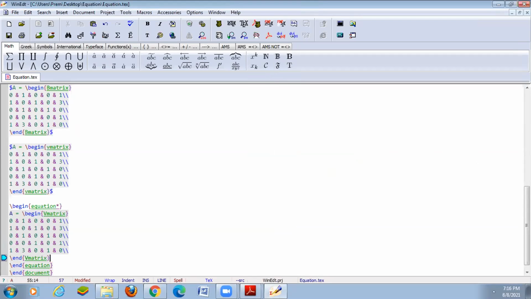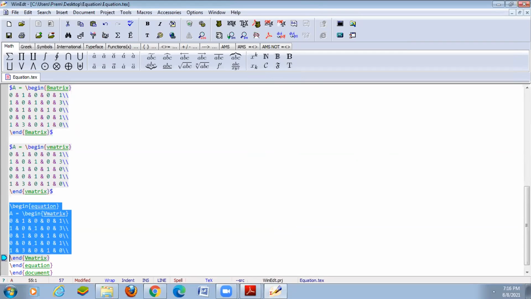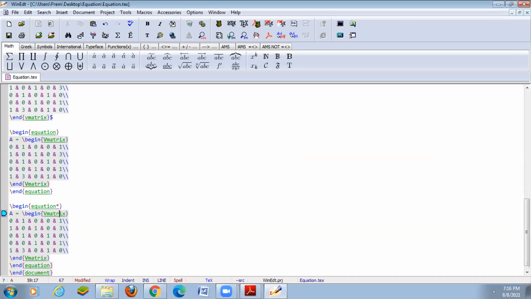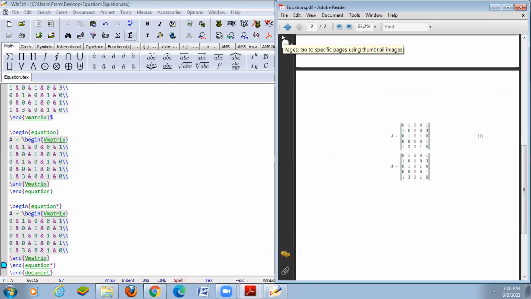Type in begin equation star and then end equation star. So we cannot display the number in the equation. This one is begin equation star and end equation star, so it is not marked with an equation number.